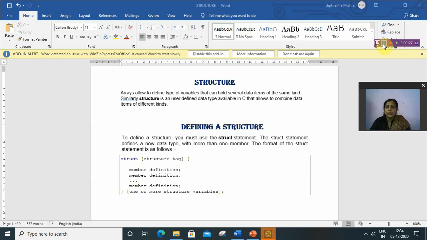As we know, an array is a collection of similar type of data items in a contiguous memory location. Means array stores similar type of data. It can store only integer type or only character data type.